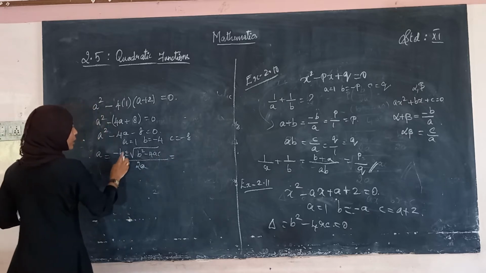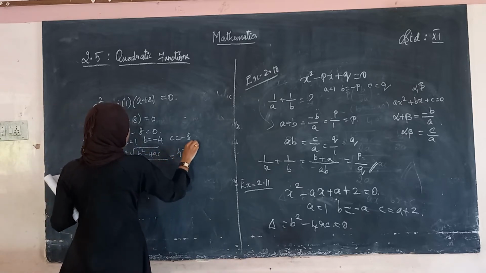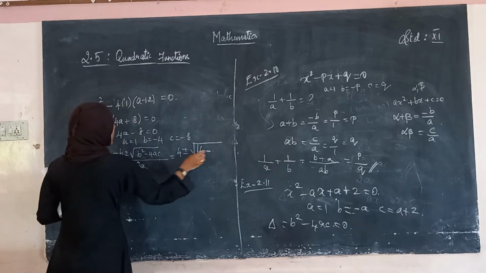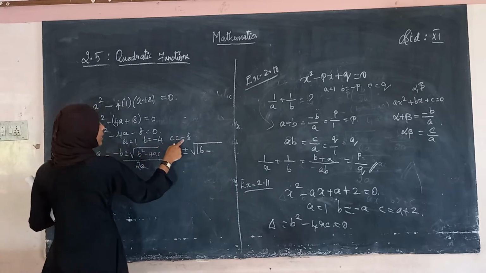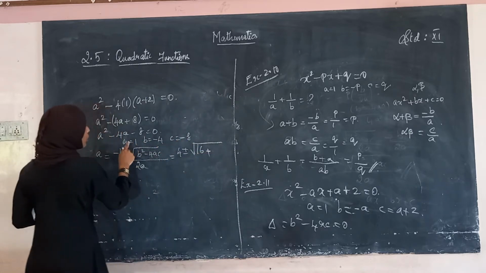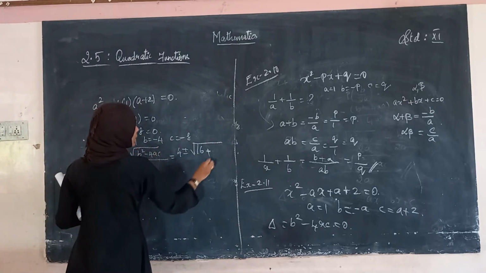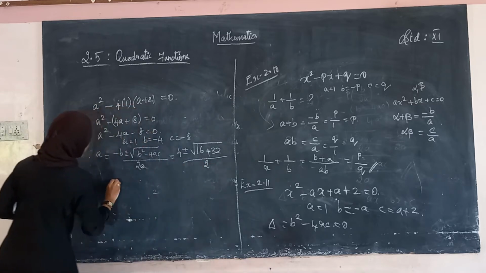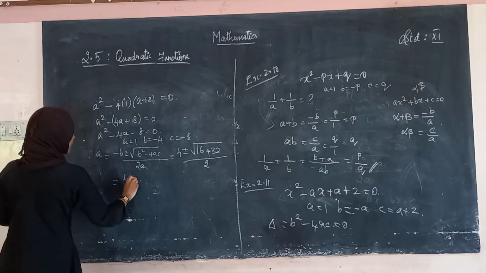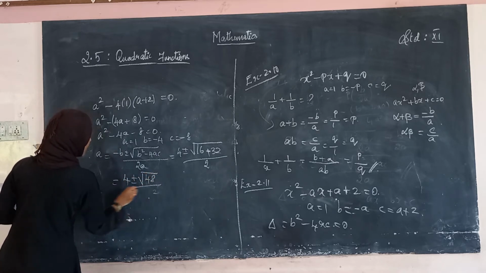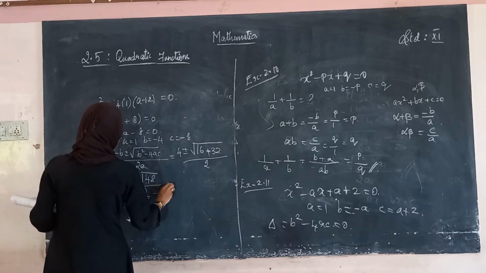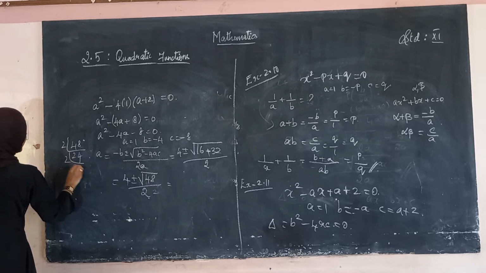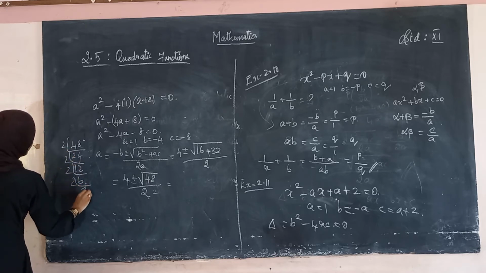What is minus b? Minus of minus 4 is 4, plus or minus root of b squared, minus 4 the whole square, is 16. b squared minus 4 into a into c. Already we have one minus and here one minus, plus 4 into 1 is 4. 4 into 8 is 32, divided by 2 into a. a is 1, 2 into 1 is 2, which is equal to 4 plus or minus root of 48 divided by 2, which is equal to 48, 2, 24, 2, 12, 2, 6, 2, 3, right?